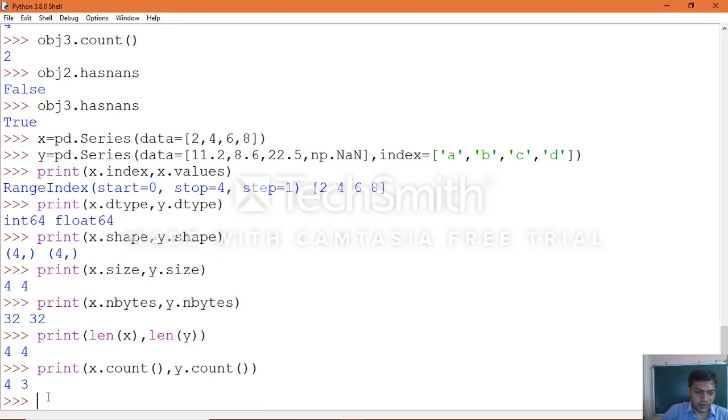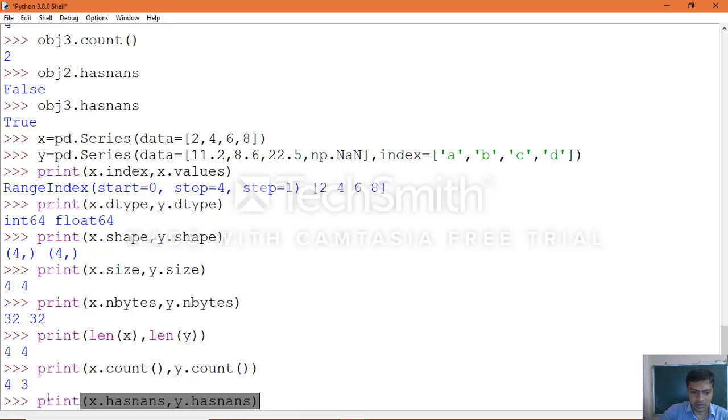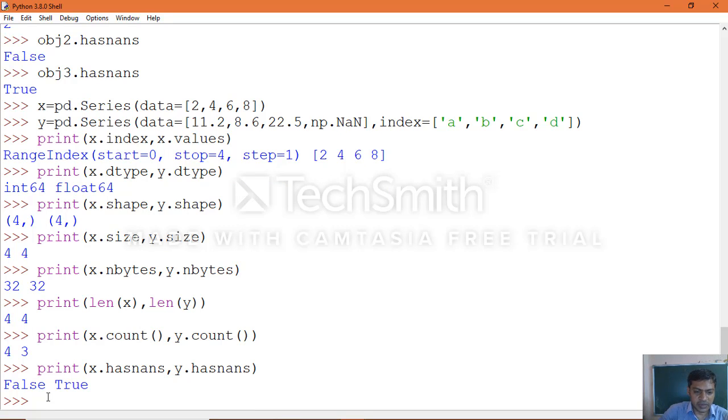In the same way you can check hasnans: print x dot hasnans comma y dot hasnans.